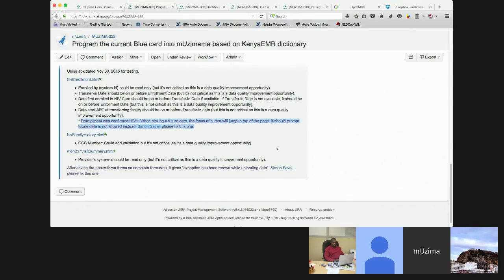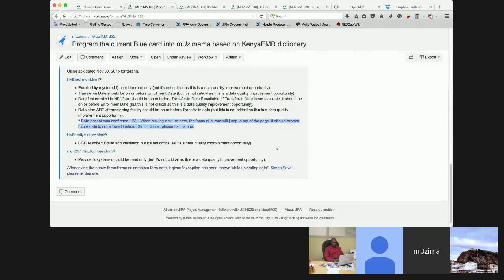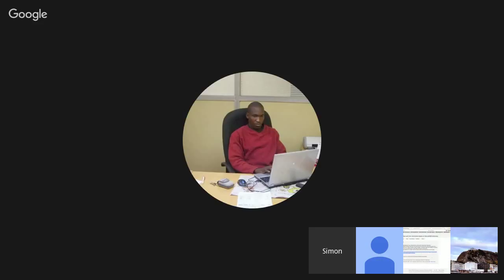The validation is not to pick a future date for the confirmed HIV positive date. But when the user picks a future date, the focus of the cursor jumps to the top of the page. So Simon, you probably want to double check on this one, instead of prompting a warning or something like that. Okay.